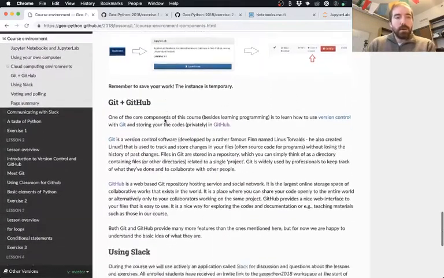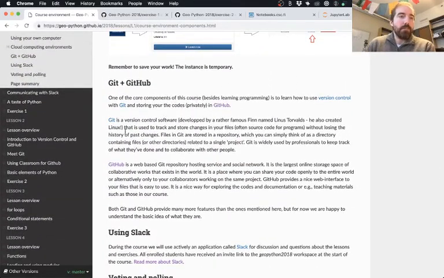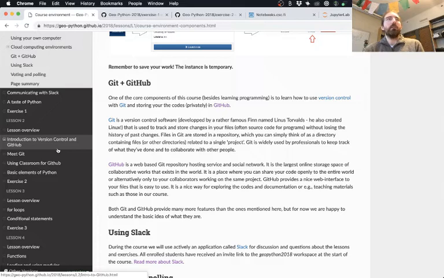So that's the course environment, and I think I also briefly went over the idea behind version control and Git. If you're not really clear about any part of that, again, it's a good time to put some questions into Slack or something like that, where I could possibly answer things.